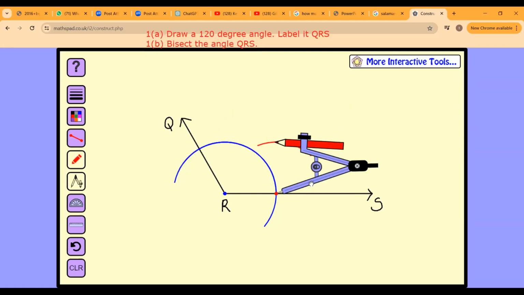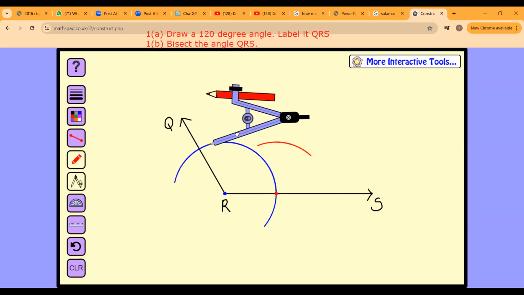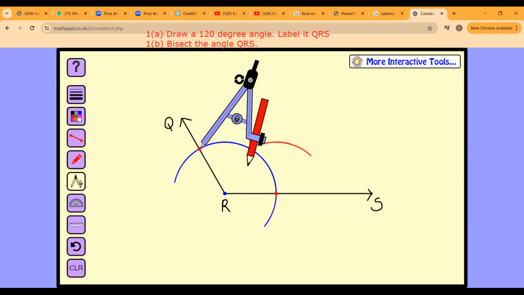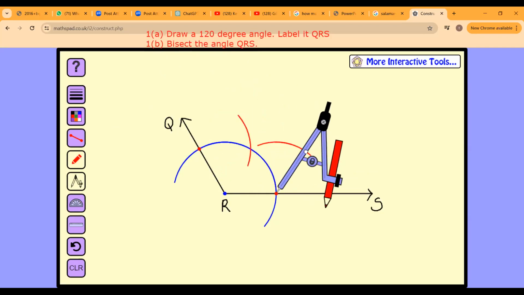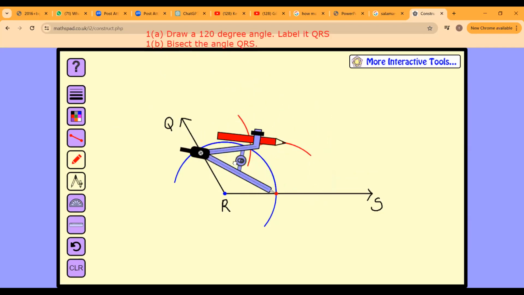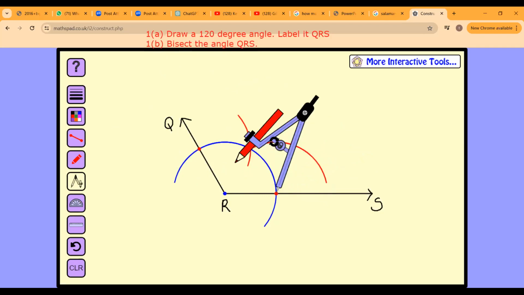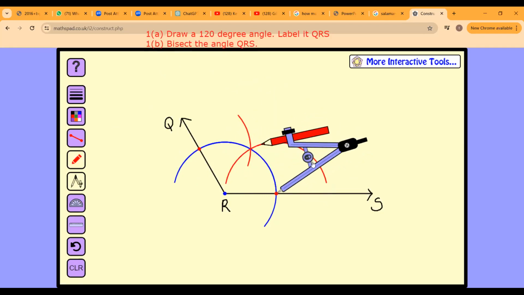And then we're going to come on the other side, right, Malik? On this side, yes, sir. And then we're going to draw another arc, and this arc is going to come right there. All right, now we have to make the first one longer. So let's do that. This is going to be like this.